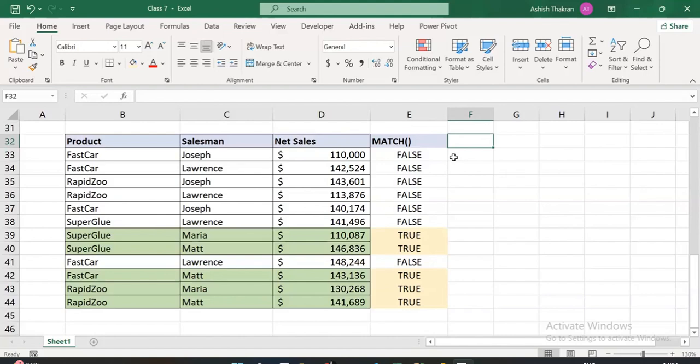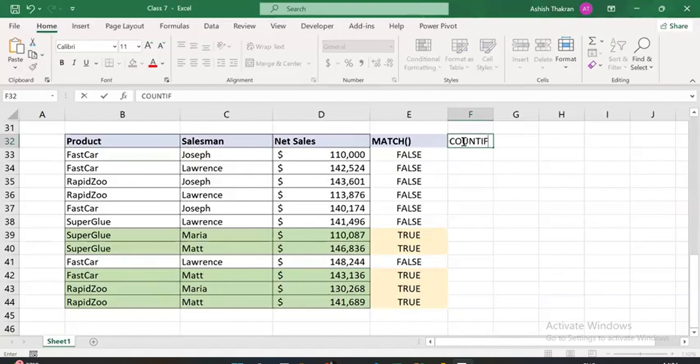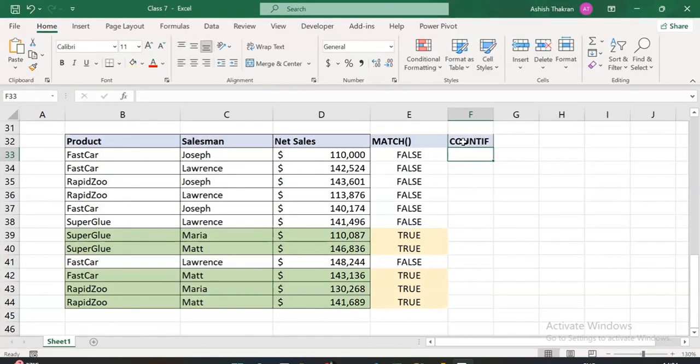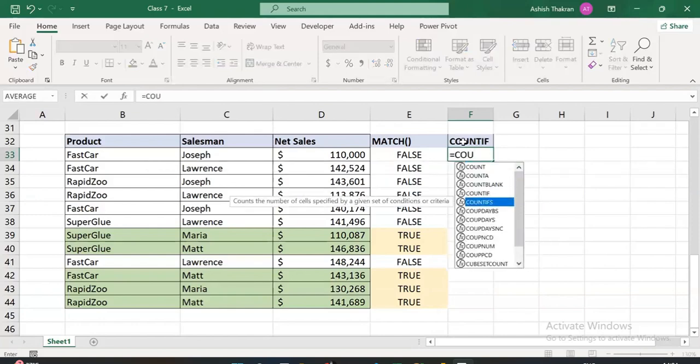Index. Yes, that can be done with index, but I'm keeping that out and we look at the array functions, main array functions. COUNTIF, good. So I can use COUNTIF over here. What will be the logic I'll be applying? If the value is available, what will the count be? 1 or more than 1. If the value is not available, what will the count be? 0. Right? So I will say COUNTIF